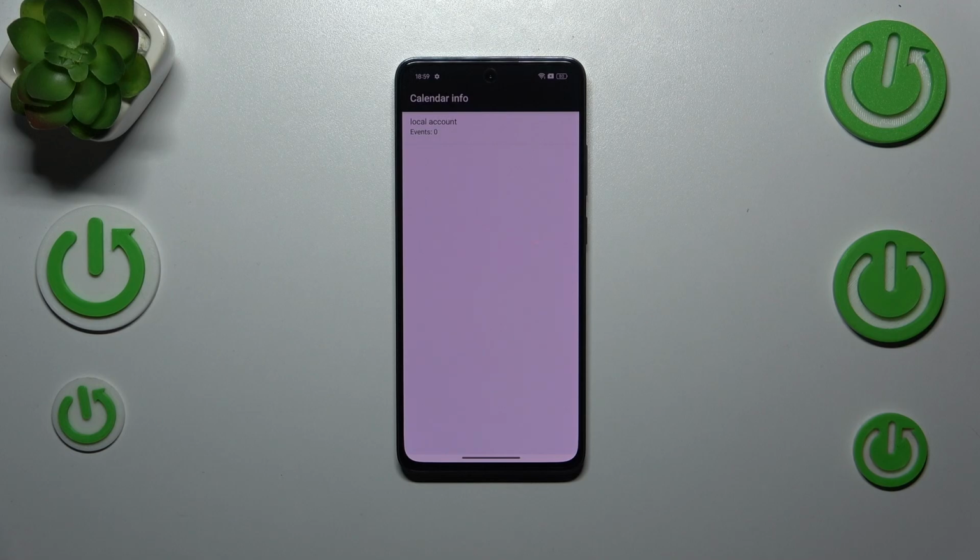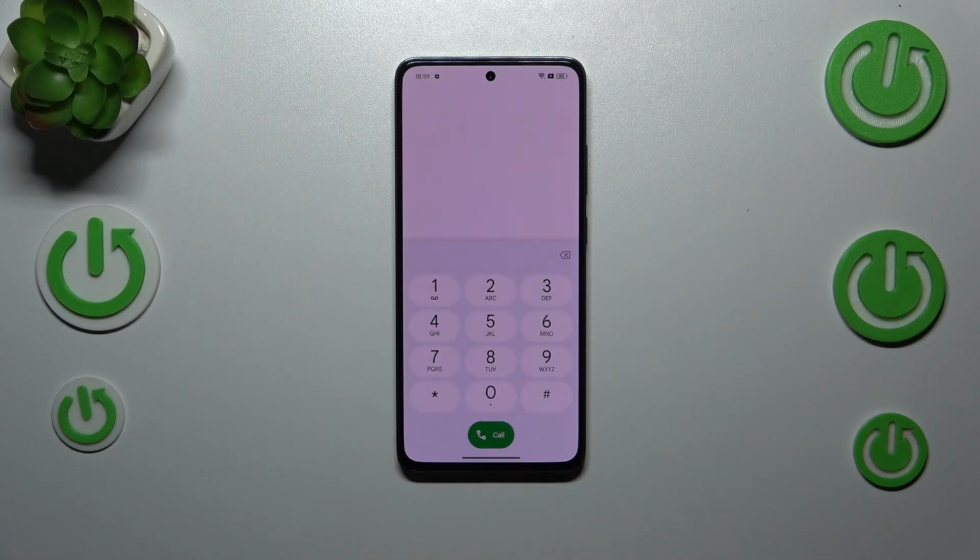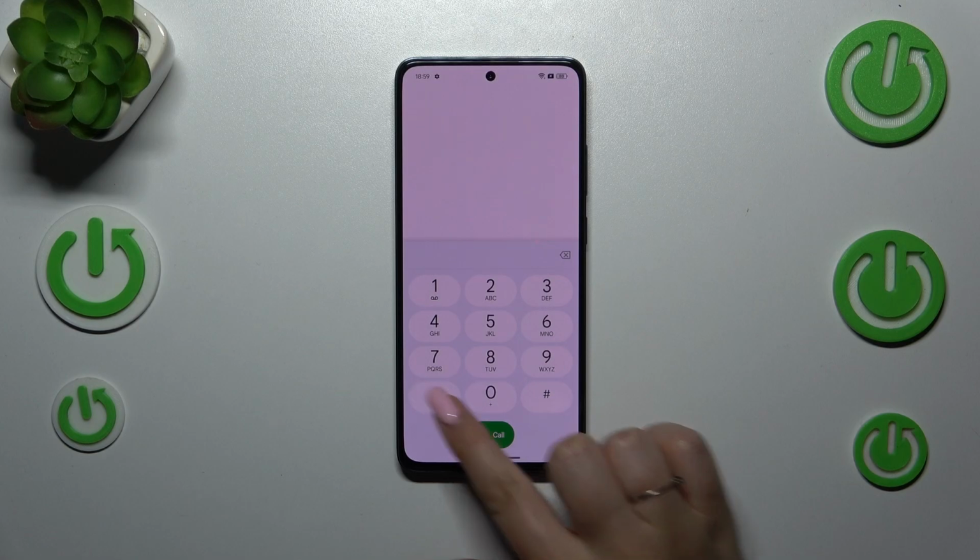However, basically here you will have some family events, some holidays in your country should also be right here, or events attached to your mail. So this is the best place to check the events, because here they are simply grouped into specific sections. And the last code which should open the diagnostic information, which is also provided by Google. It is